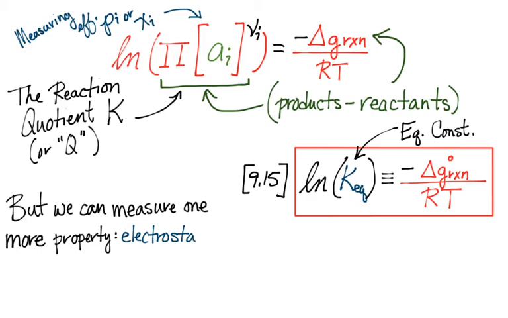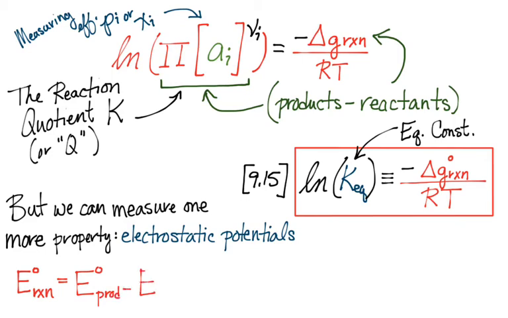So if I have any system in our modern concepts, I could be measuring the potential between two electrodes. That's an electrostatic potential. Similarly, I can do that in solution with two electrodes in solution to measure a standard potential or a